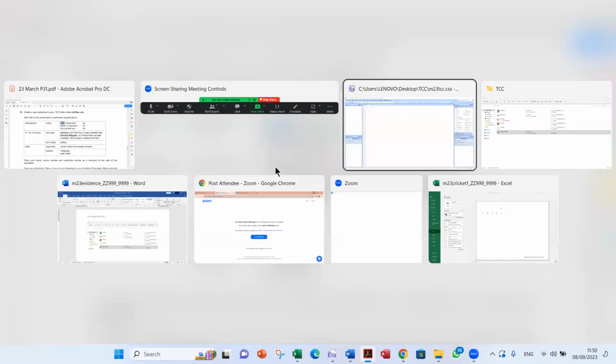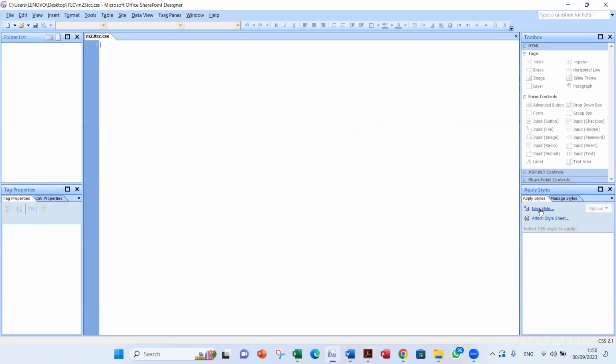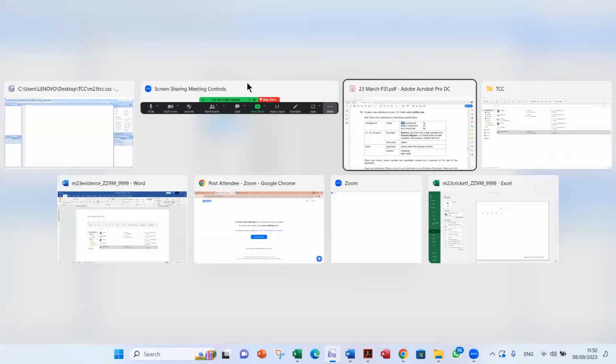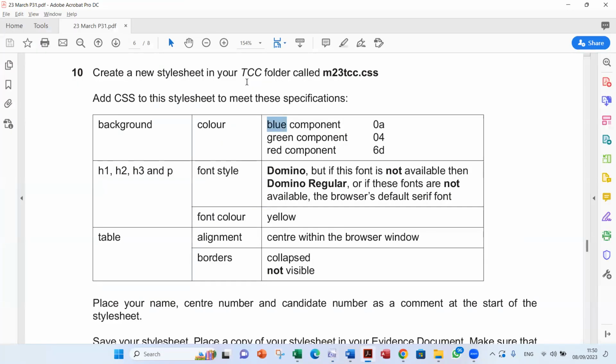Okay, let us create this style. Click on that button that is new style. Delete that new style and delete the dot. Remember, the dot is for creating a class. Name it body because I would like to create the background for the whole page. Please notice that body is not written here. It's from your knowledge. Okay, so the background of the entire page will be in style body.